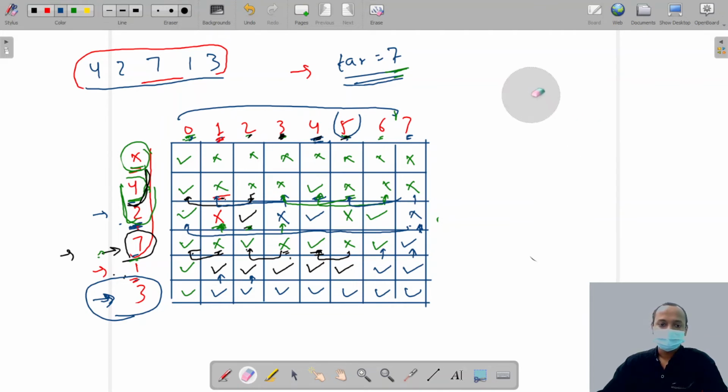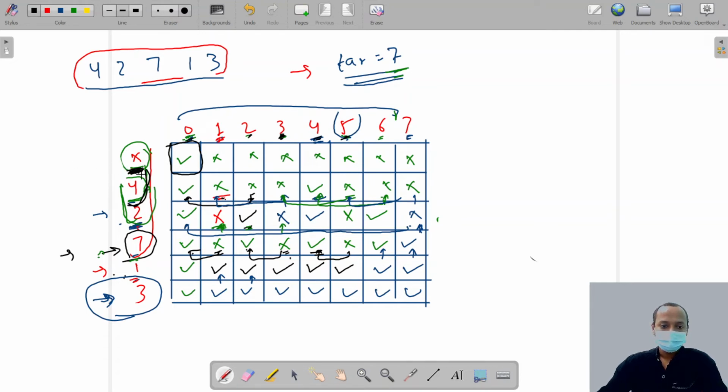Now we fill the DP. So let's code it. What I am doing is dividing this into 4 parts. The first part is this one, when the target is 0 and we have no player.